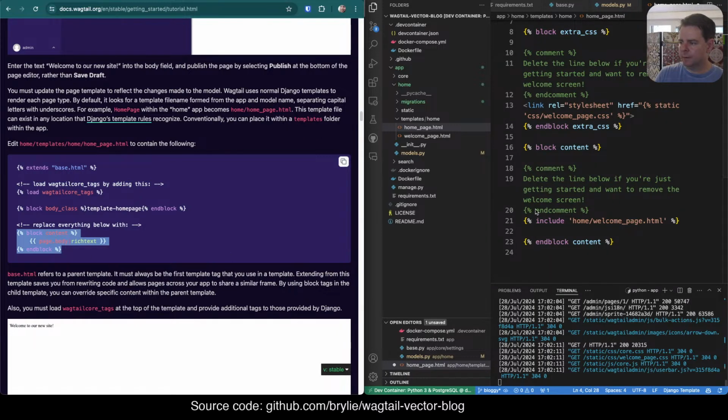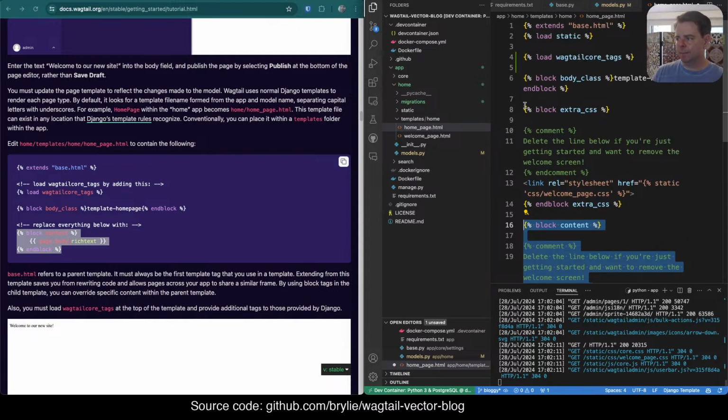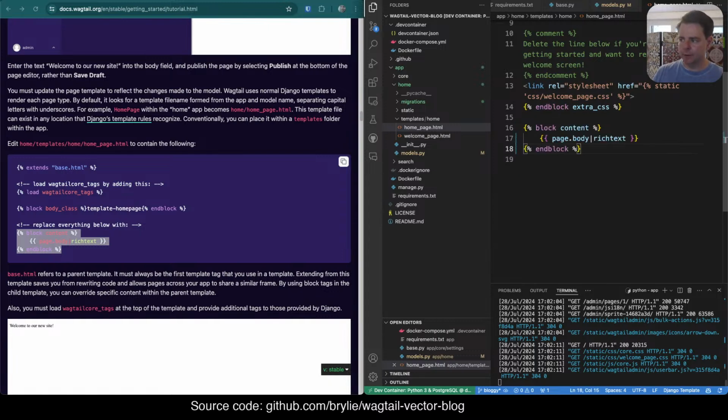Now, this is a bit wrong, because the body class is up here, and we may or may not want extra CSS, so it's not quite as straightforward as that. It's really just this. We need to display the page body field, but since I'm using a rich text editor,